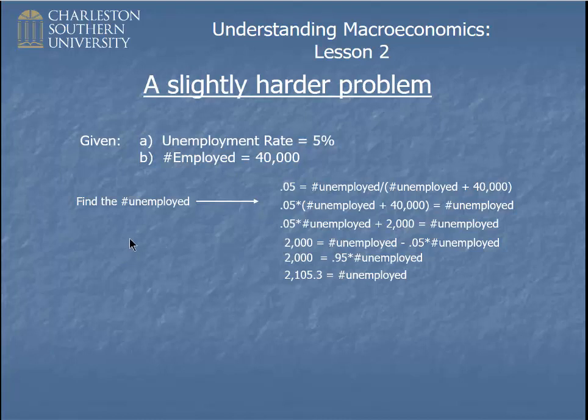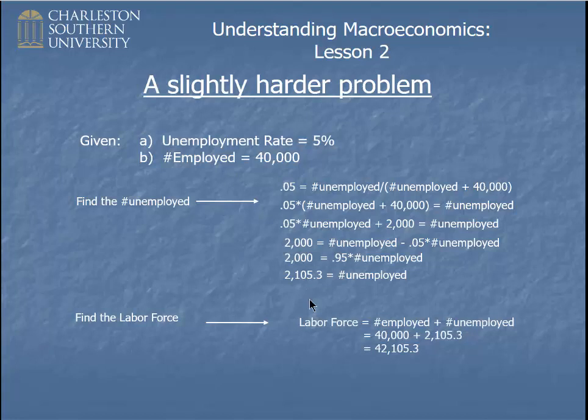Careless mistakes count just as badly as real ones. Okay, so I could also ask you to tell me what the labor force is in this problem, but that actually is really simple now that we've done all this work. The labor force is simply the number employed, which was 40,000, plus the number unemployed, which we calculated, and that works out to be